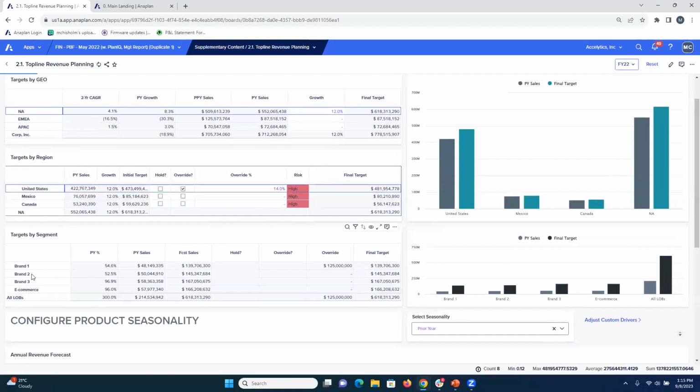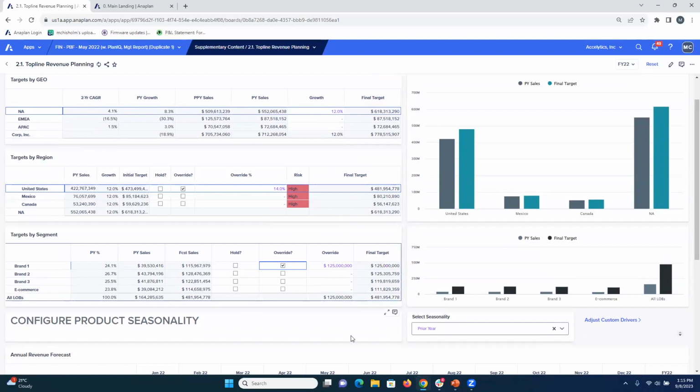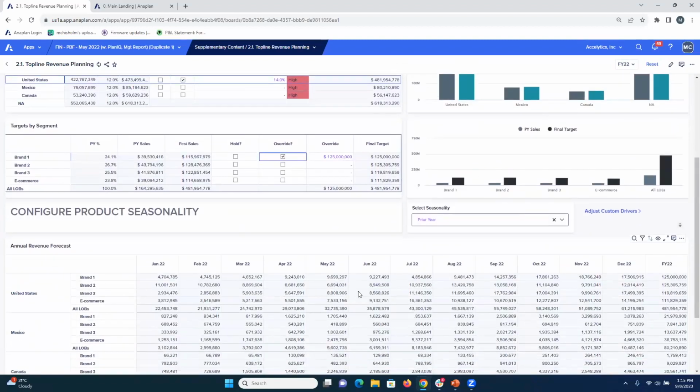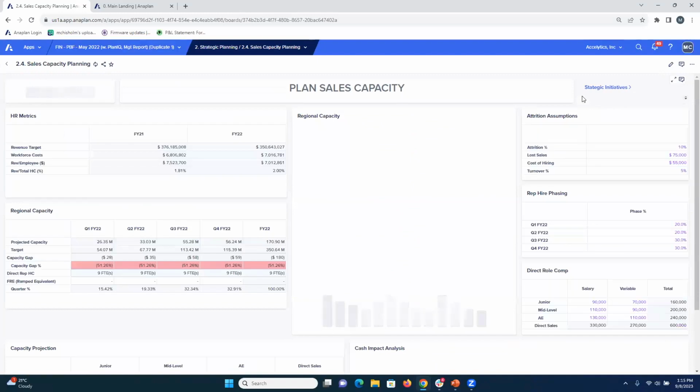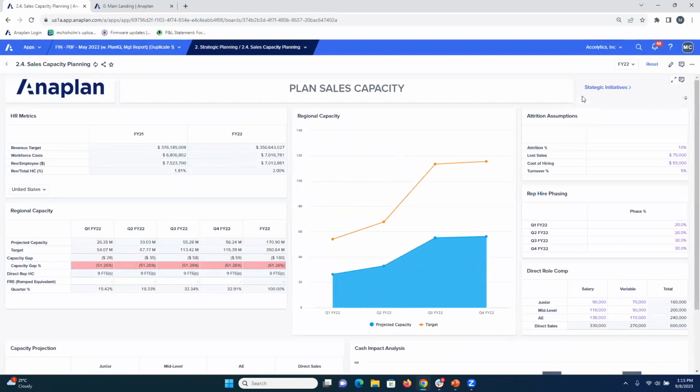And then you can cut that across to your different products. You can then override specific product lines and ultimately model out what your monthly, let's say, sales or revenue targets are. But then from here, we can take a look at what that means from a workforce point of view. And here's that first workforce planning technique, which is very high level, where essentially